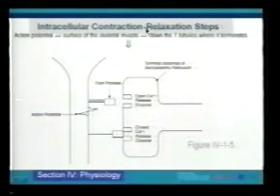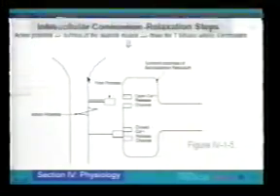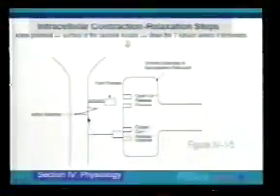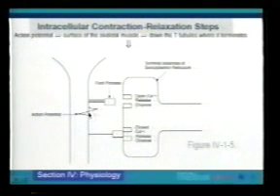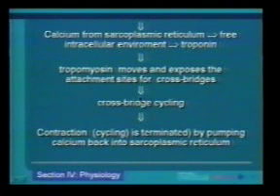Now, it is not fully understood, but the action potential going down the T-tubule, which is illustrated right here, the action potential going down the T-tubular membrane will cause foot processes to be removed from the calcium release channels. And most of this calcium is stored close to these channels in the terminal cisternae of the sarcoplasmic reticulum. Now, once you remove those foot processes, the calcium stored in the sarcoplasmic reticulum will be released into the general intracellular environment, and once it is